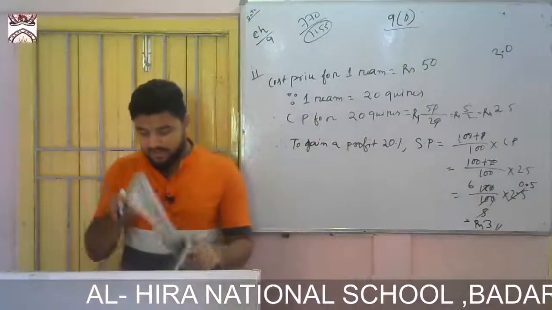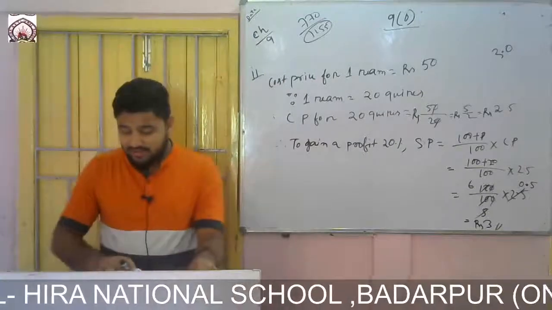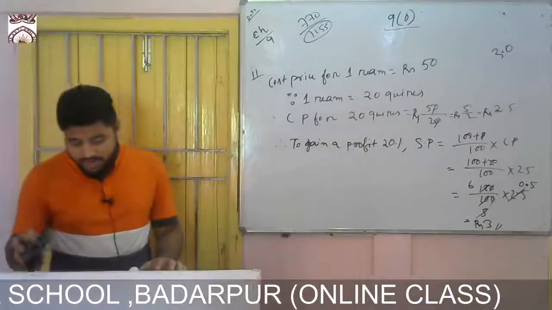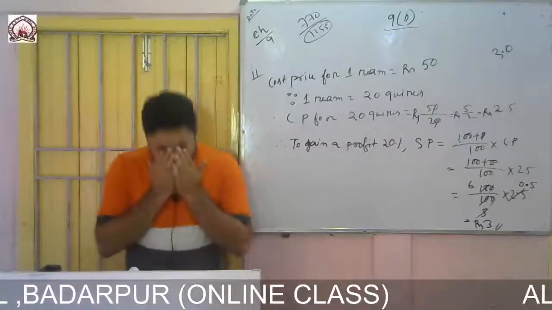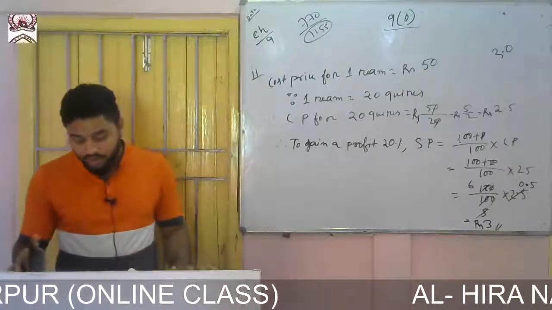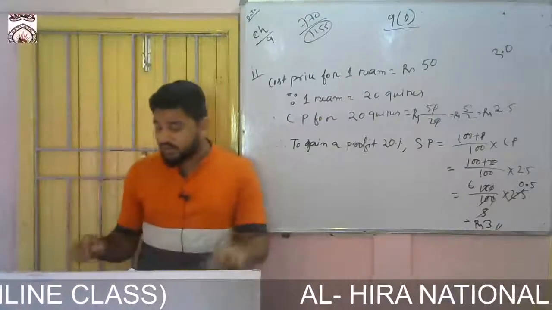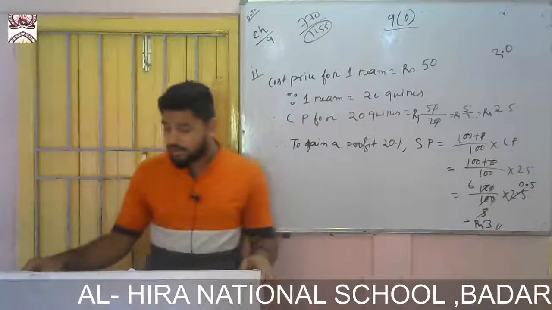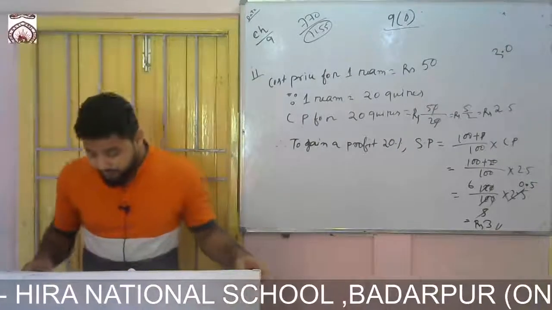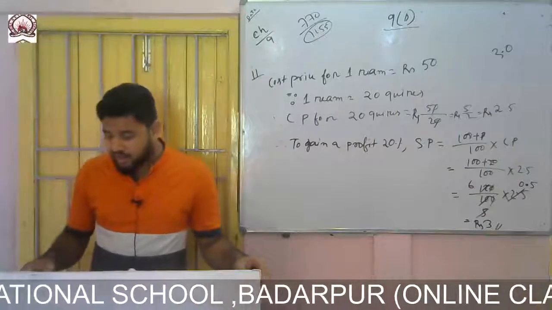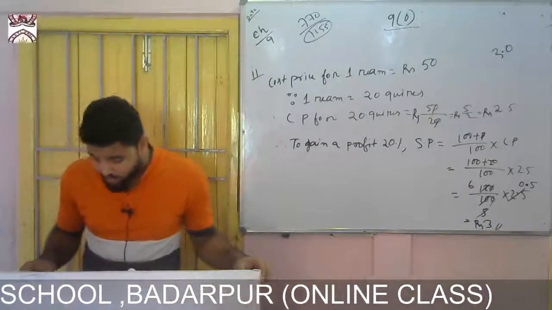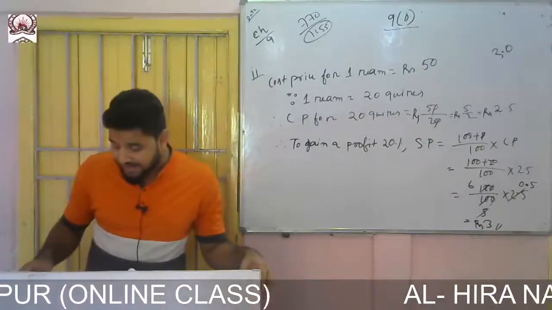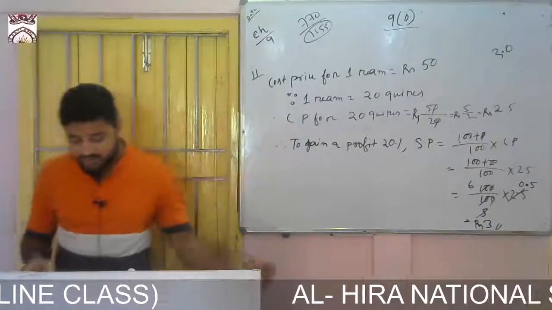Now come to higher order thinking skills. What is given? Sanjay purchased 125 stools at the rate of rupees 120 per stool. The transport expenditure was rupees 250. He paid octroi at the rate of rupees 2 per stool, and coolie charges were rupees 250. What should be the selling price of each stool if he wants a profit of 10%?